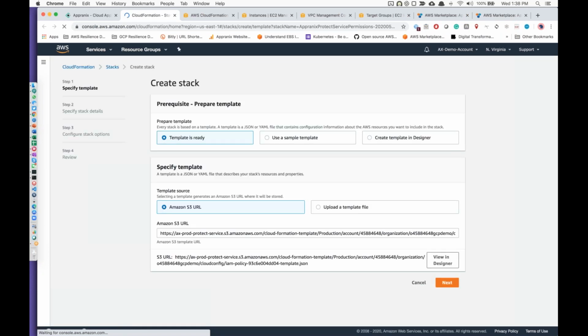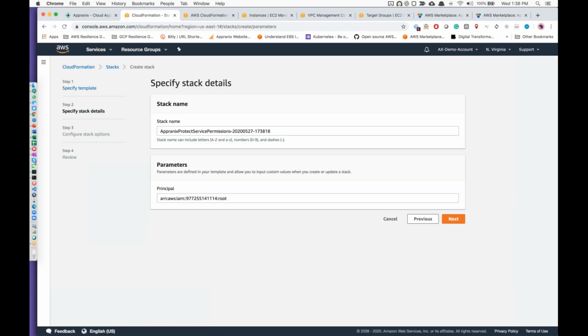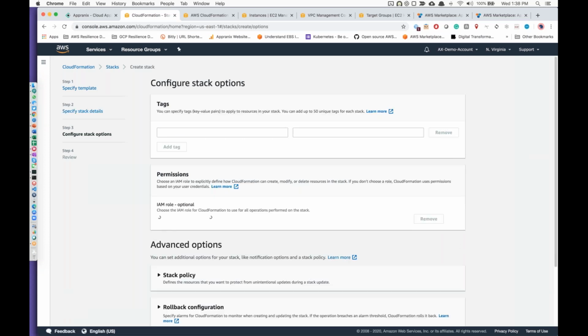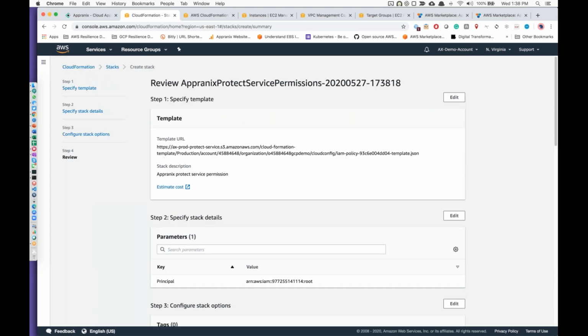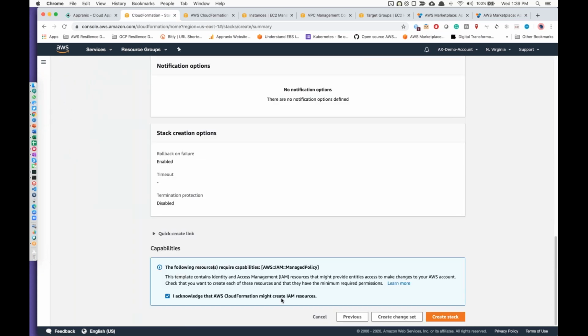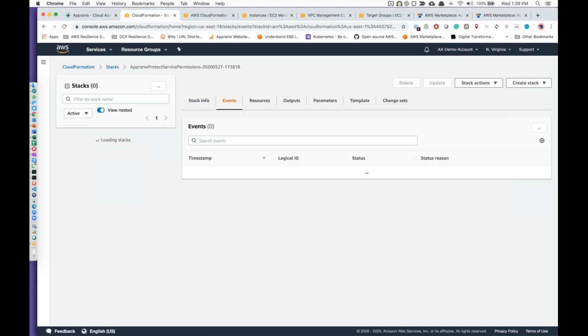All you have to do is to run the CloudFormation template. This CloudFormation template provides necessary permissions for Appranix to figure out. And the approach that I'm currently going through is the approach that is recommended. And we went through AWS review so that, security-wise, everything is properly done per the AWS Well-Architected Framework perspective. So we went through the baseline review to make sure that enterprises are okay, and none of our enterprise customers has any problem with this approach. And you simply acknowledge and create the stack. That's all you have to do.